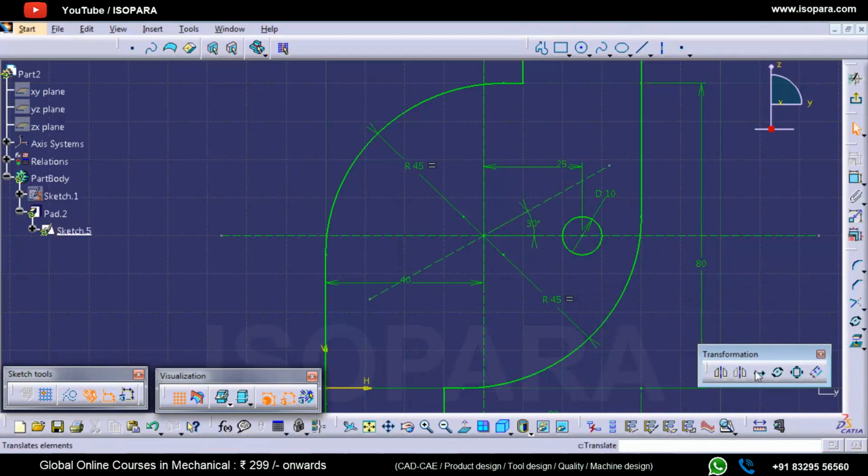So I will use the mirror command, which is really good for doing this. I will mirror this with this one, this with this one, and this with this one, and then I will select these two and mirror with this one.